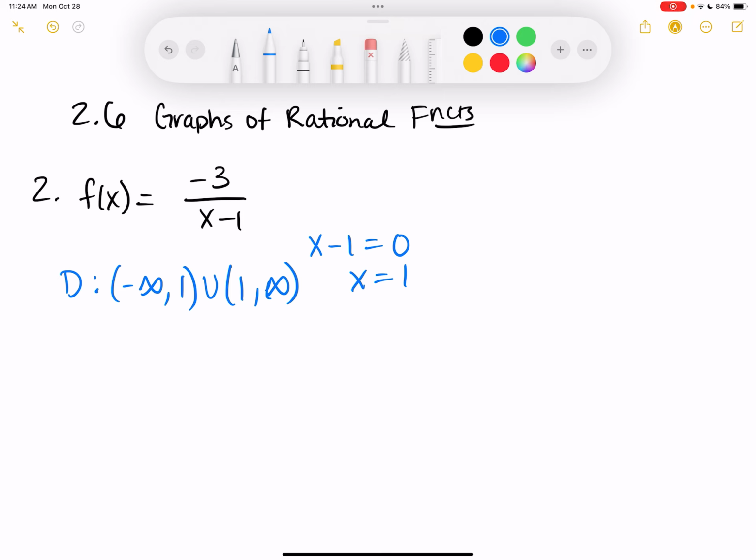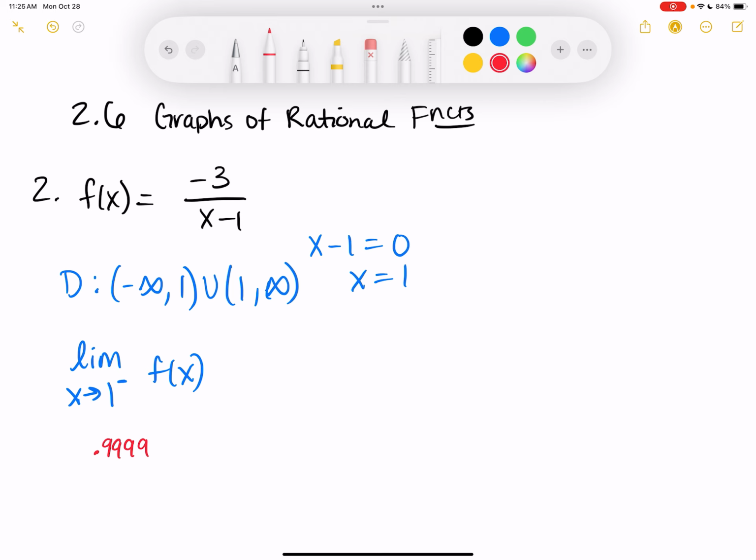So we can look at the limits from each side. What it wants us to do with these is to consider the limit of the function to describe the behavior of it. So I'm going to look at the limit as x approaches 1. And when I put a little negative sign on the exponent, that means from the left of f of x. And so 1 from the left is going to be a number like 0.99999 and so on and so forth. So if I put a number like that here,